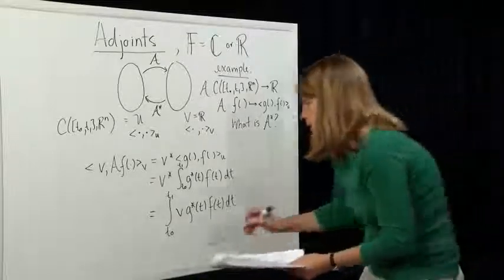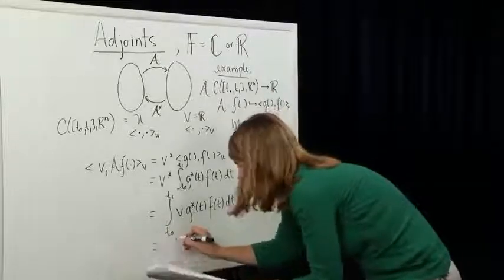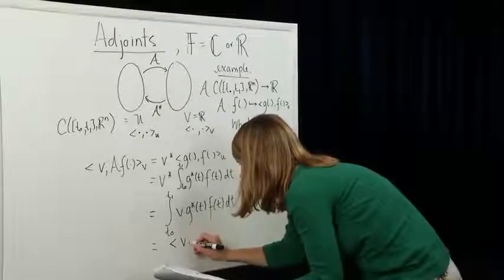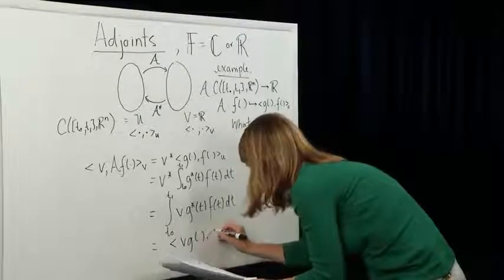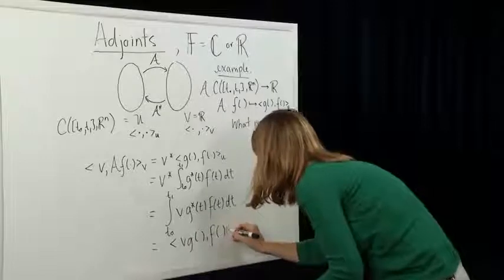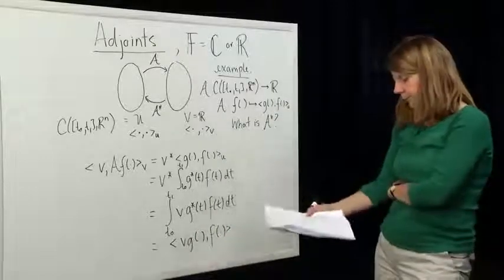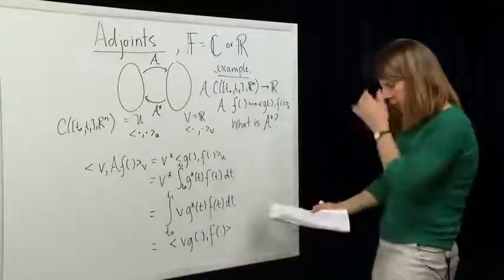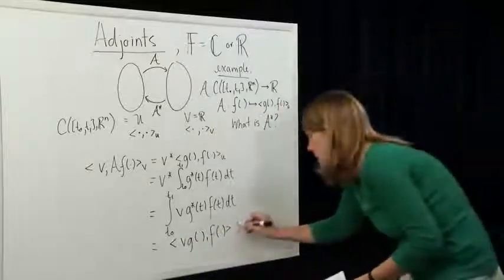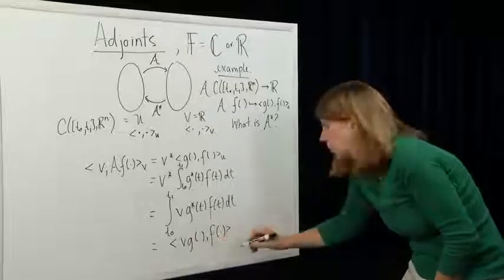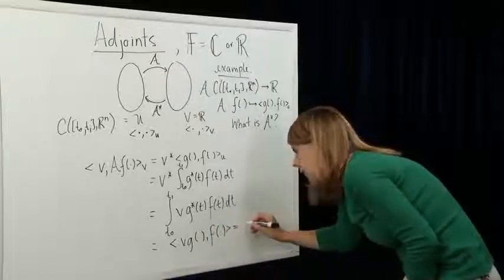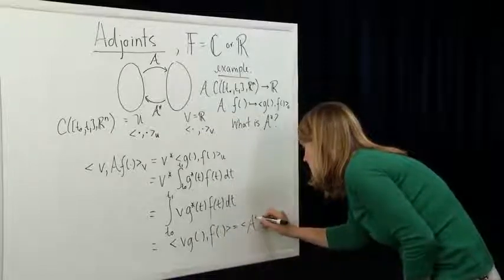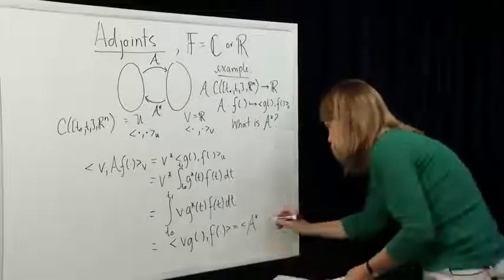But that's nice because that's just equal to V g inner product with f. Now I can look at this and say, okay, that's in a form that we want, because if I compare this inner product here, and I write that as A star V